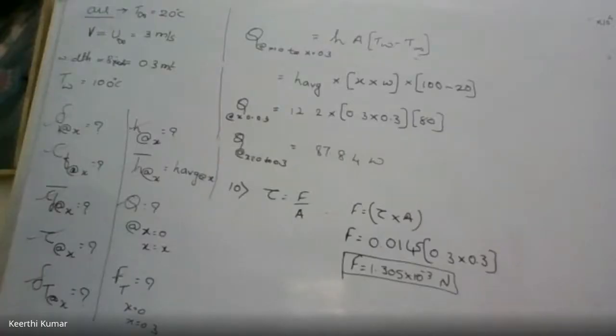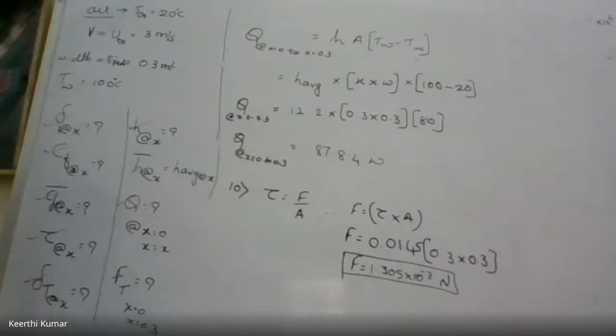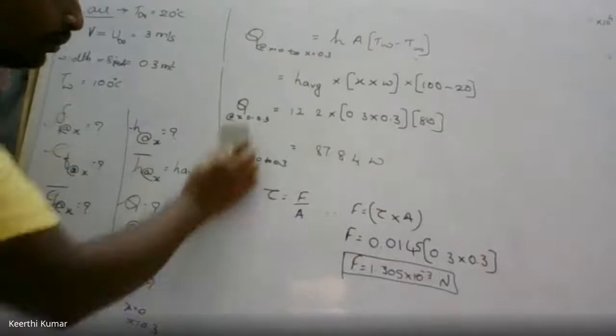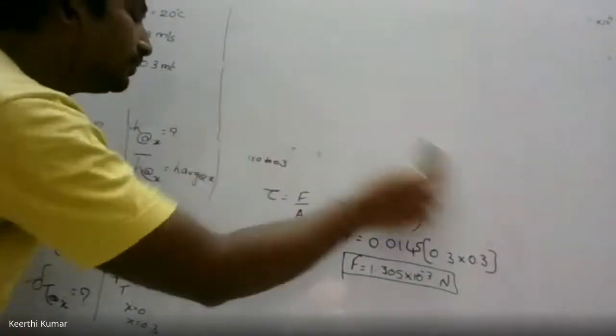Everybody completed? Sir, in the question they've given only width as 0.3 meter. Then how come they're considering length as 0.3? No, length he has not given, correct? But he is telling, see here, that's what I told. I'll draw the figure. I considered length as 0.3. Now, why I considered only 0.3, I'll show you.